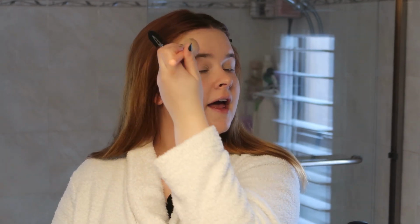Now, the last part is we're just going to go over some of these spots that we did with the blush. We're going to go over them with just the bronzer, and we're going to do this downwards to try and add some more dimension to our fake tan face that we've got. Now we're going to go in one more time with our bronzer,